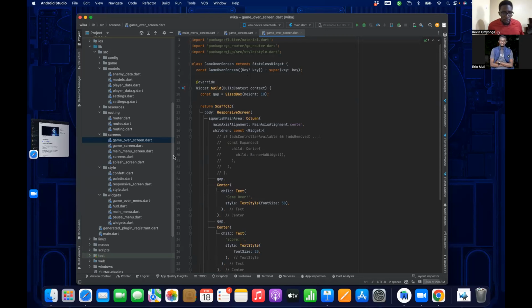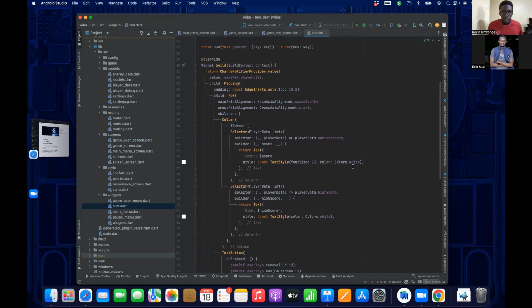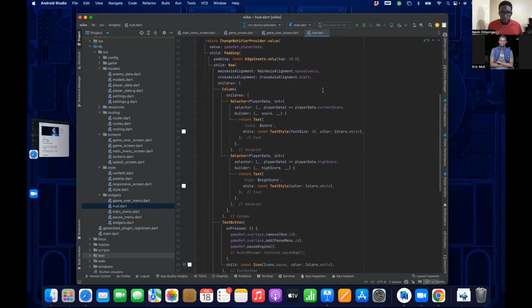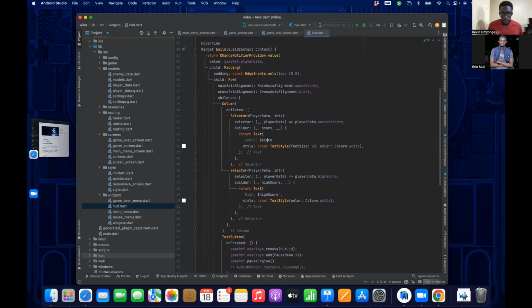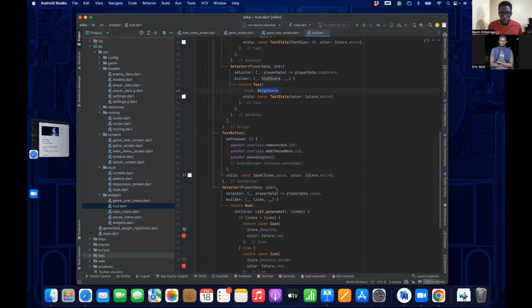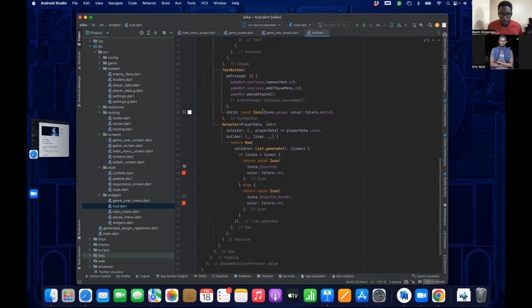The heads up display is just meant to show your player data, things like the score, the high score that you have to beat, the pause menu.